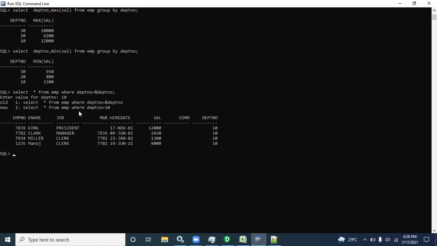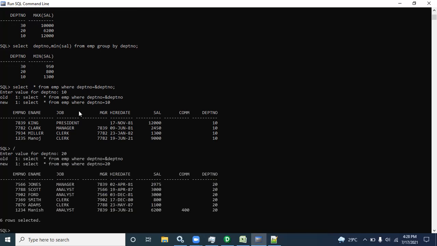Enter 10, enter, then again. Okay, single ampersand. Last time we gave the double ampersand. When giving the double ampersand, that value will automatically be the same, so the department displays only one. Yes, it will pick the value.